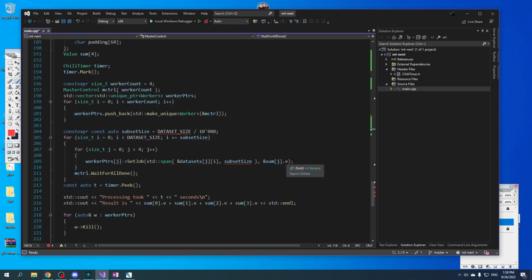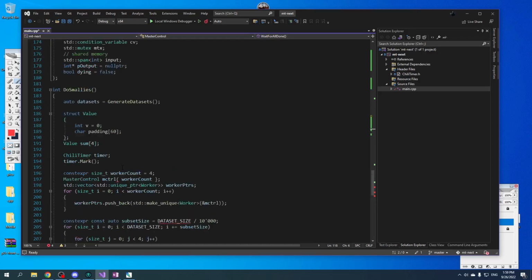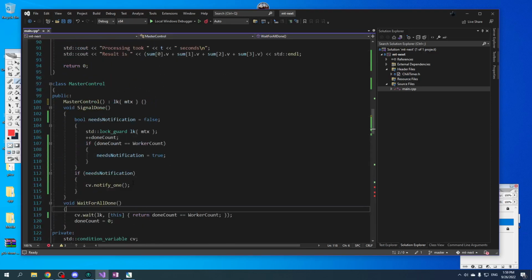So we got sum. All right. So I made these value things to be spaced far enough apart so that they don't participate in false sharing, which is fine. That was to prove a point. But what we could also do even better